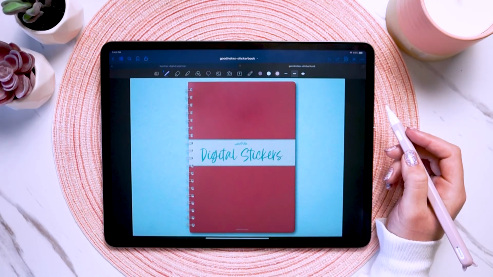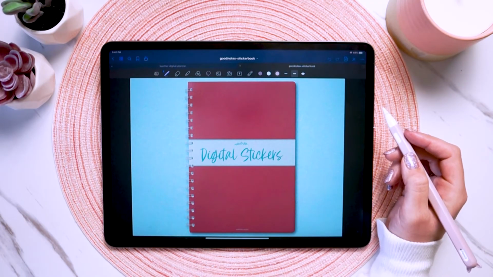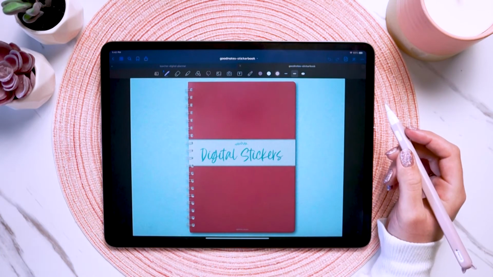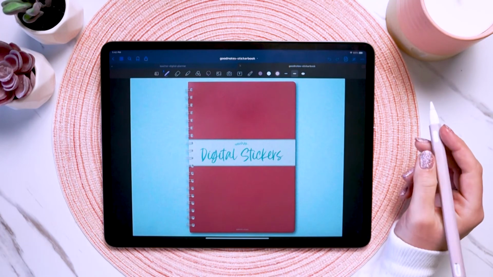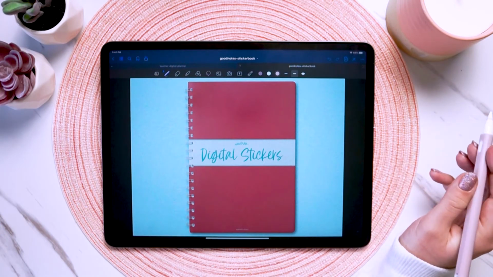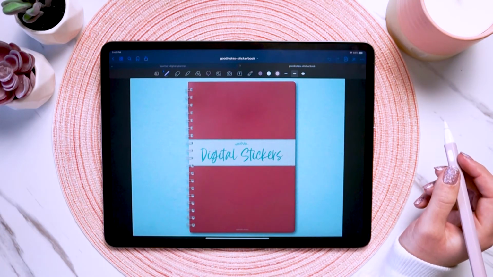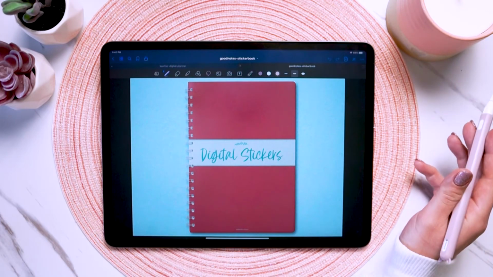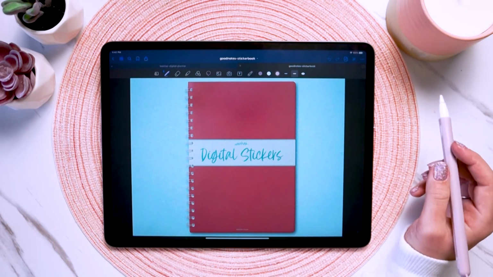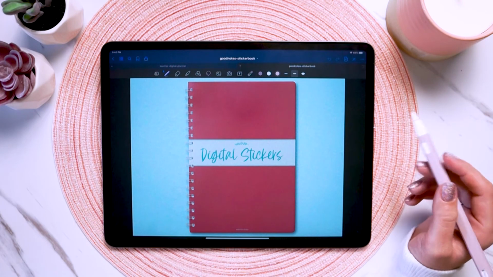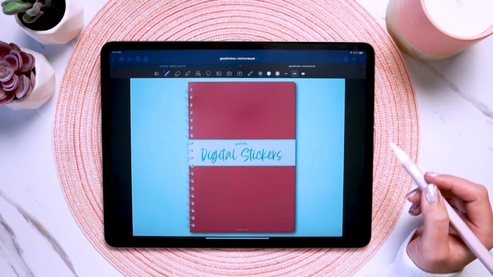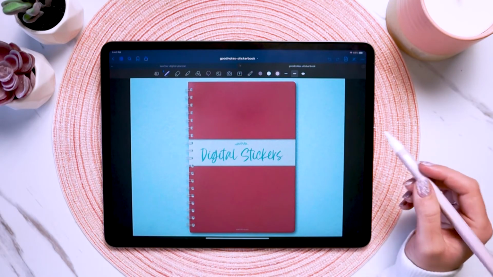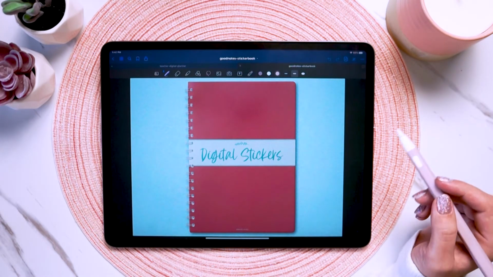Okay, next let's look at the digital stickers that are included with this planner. So I include them as a GoodNotes sticker book file, which is what we're looking at here, a Notershelf sticker book file, which can only be used in Notershelf, and individual PNGs that you can use for any other app. A sticker book file is essentially just a separate file that has all the digital stickers pre-inserted into it, so you can easily open it in the app, either GoodNotes or Notershelf, and copy and paste the